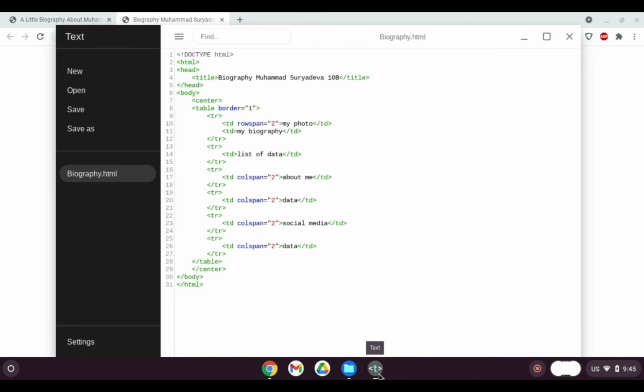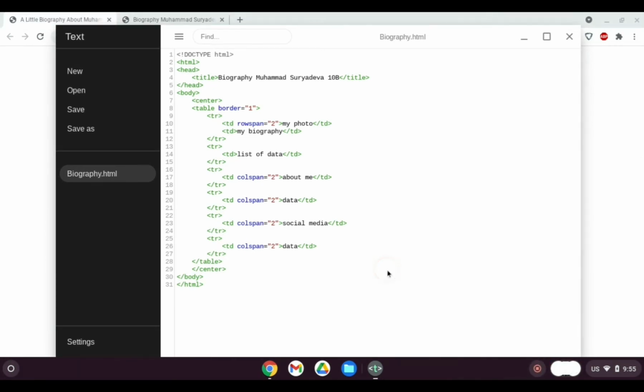So after this, we are going to add the data. We are going to add my photo, and then I'm going to type my data about myself because this is a biography, and then about me and my social media, and I am going to put my link there too. We are going to edit this a lot. We are going to add color, and edit the width and the height, so it's going to look good. Okay. So anyways, let's go.